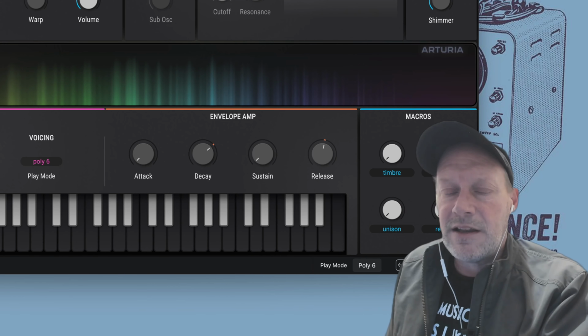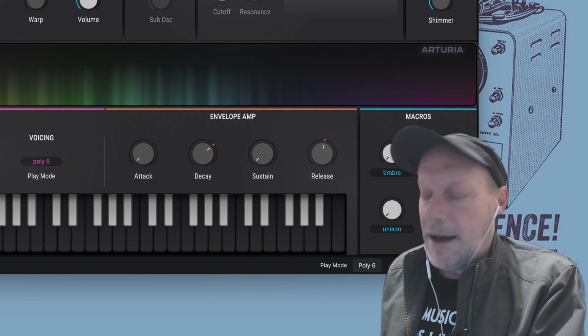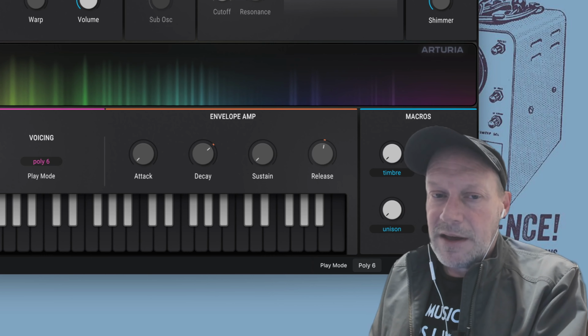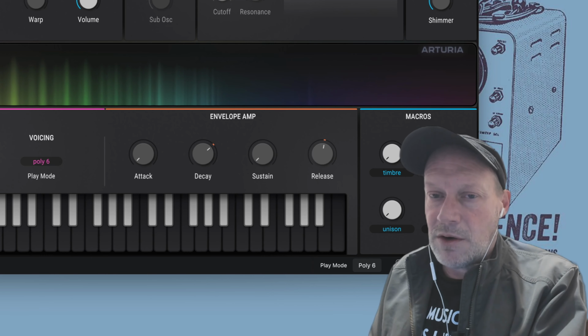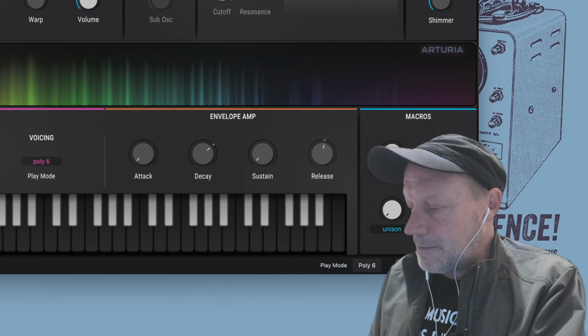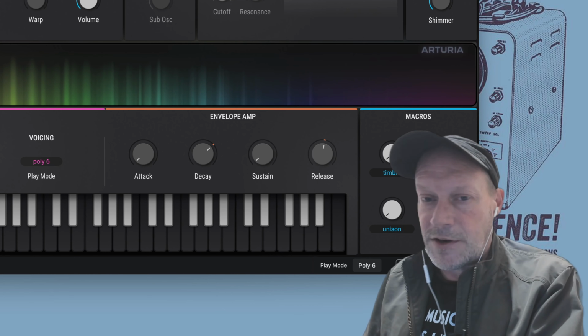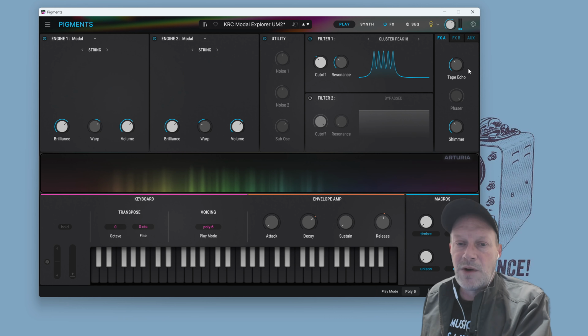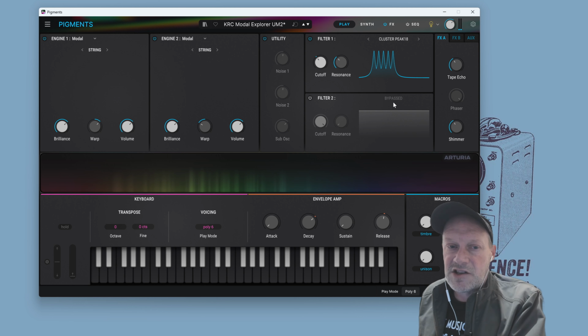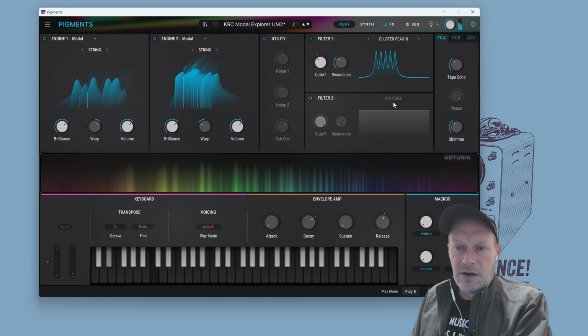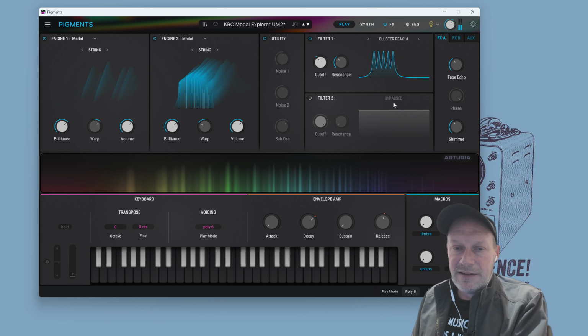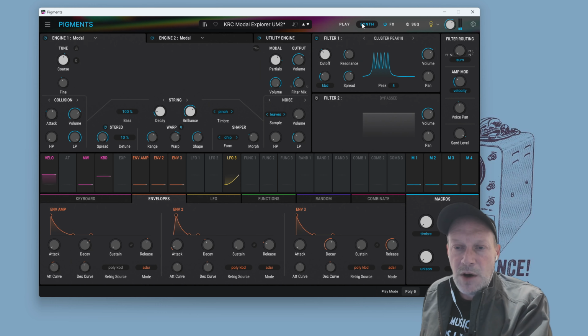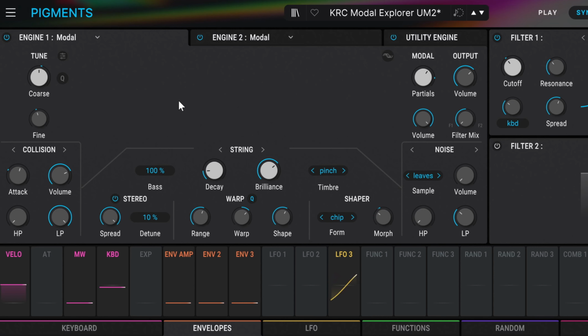I'd only done a little bit of work with Pigments and just in demo mode, and I did do a video about how to import wavetables to Pigments, but I wasn't really wowed by it in previous versions. But I was watching a video by Dash Glitch, who was demoing what we're hearing right now, this new modal synthesis engine that's in Pigment 6, which is a physical modeling engine